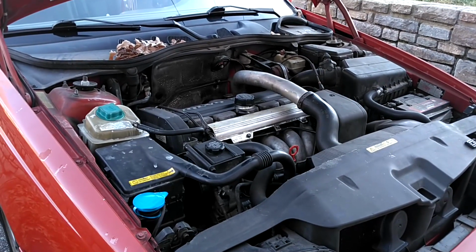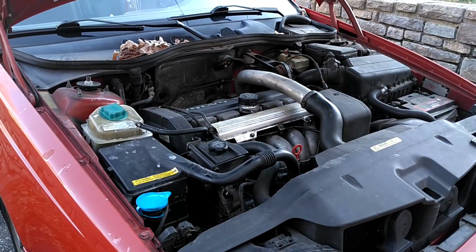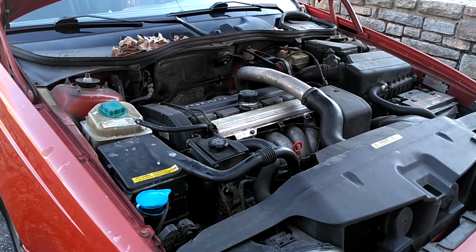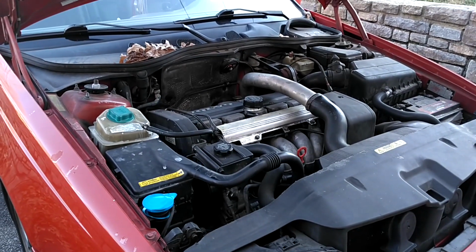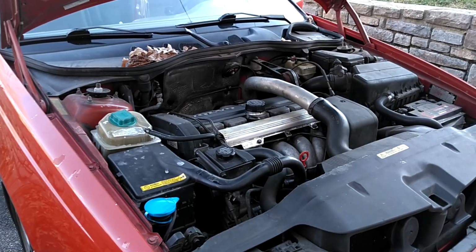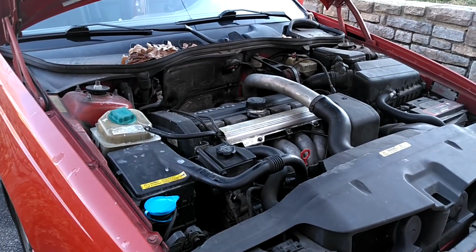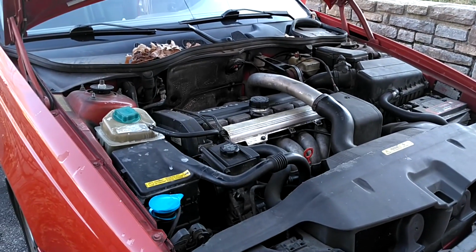You may find a video linked in the comments below that explains a little bit about how a turbo works, what can go wrong with them. Nonetheless, the turbochargers in these cars normally last between 200 and 300,000 miles. If the car is running fine, it's got good pickup, don't worry about the turbocharger so much, but do be